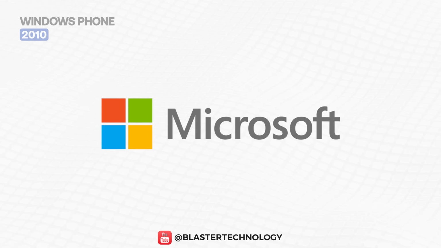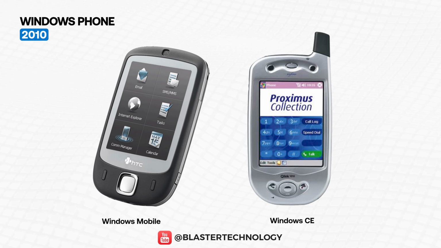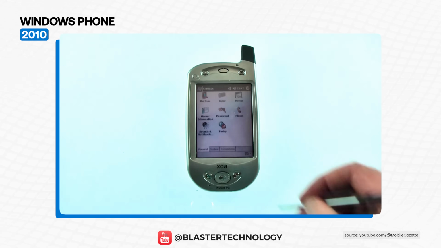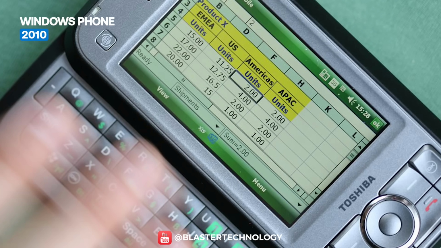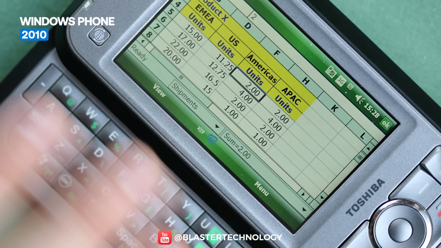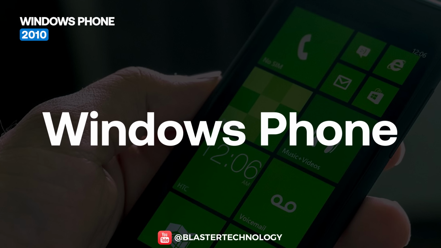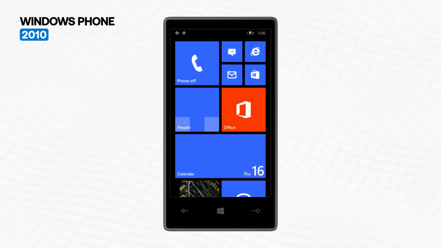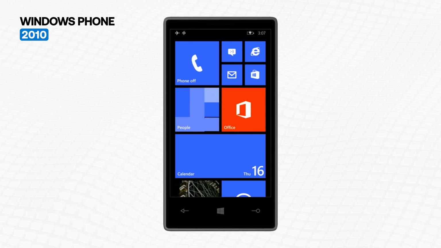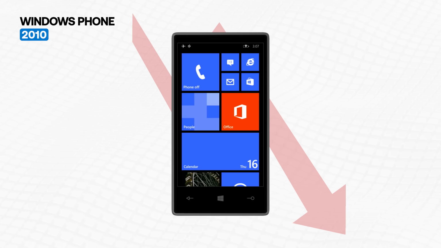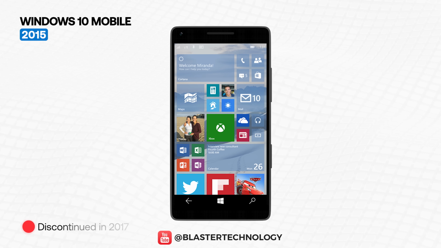Windows Phone. Microsoft entered the mobile market in the early 2000s with Windows Mobile, an operating system derived from Windows CE, originally designed for PDAs and stylus-driven devices. Although it offered advanced features and strong integration with the Microsoft ecosystem, the experience felt closer to a miniaturized PC than to a modern smartphone. As a result, in 2010, Microsoft relaunched the platform under the name Windows Phone, introducing a completely new user interface based on live tiles. The system was smooth and well-optimized, but the limited app ecosystem and low developer interest significantly restricted its adoption. In 2015, Microsoft attempted one final transition with Windows 10 Mobile, but the platform was officially discontinued